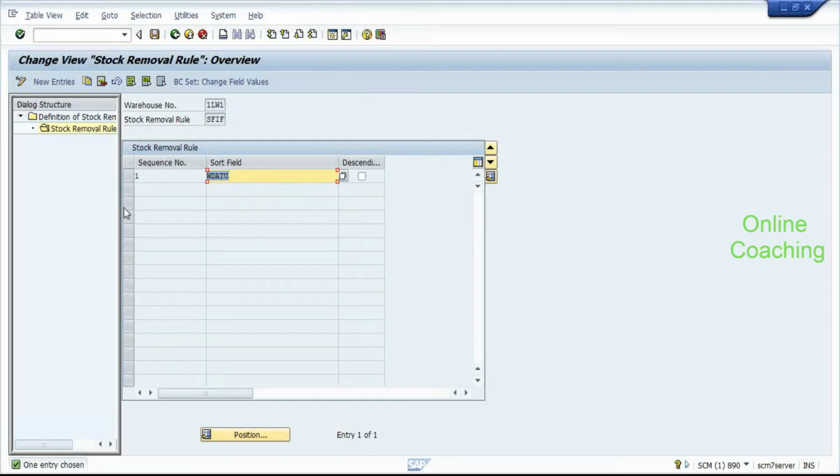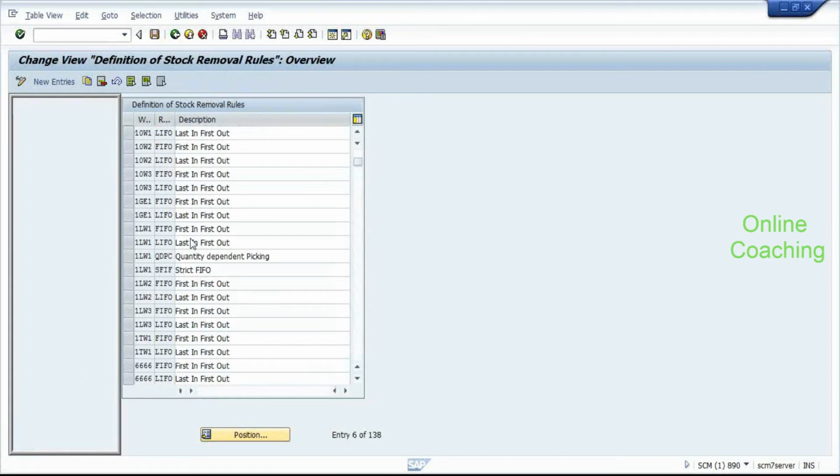Now this is something known as a stringent FIFO. What is the difference between FIFO and stringent FIFO? In FIFO, you sort all your quants based on the goods received date. Just like that, even in stringent FIFO you sort based on your goods received date. However, when you're using FIFO,